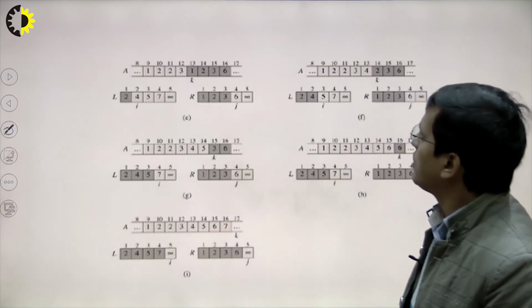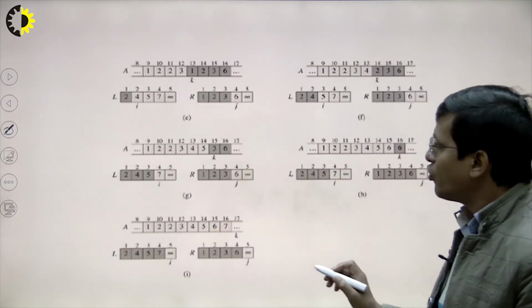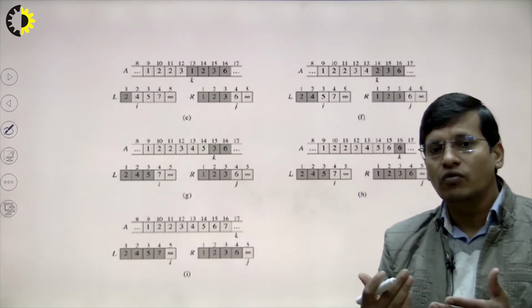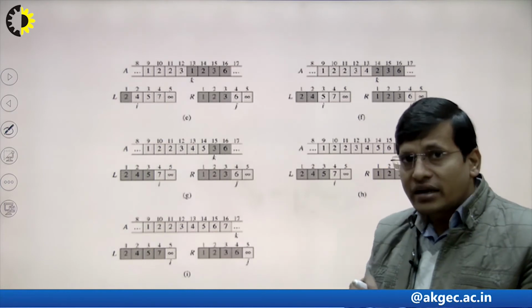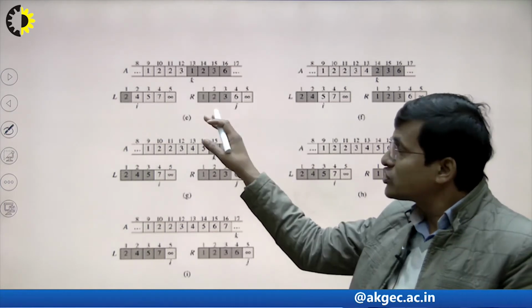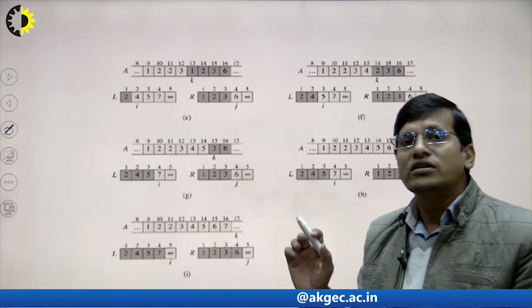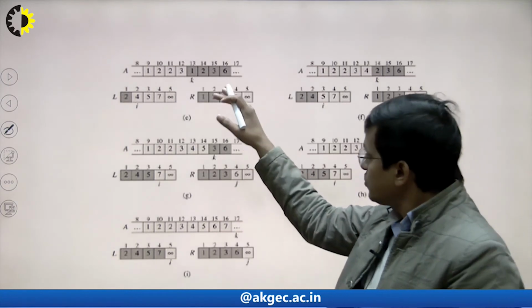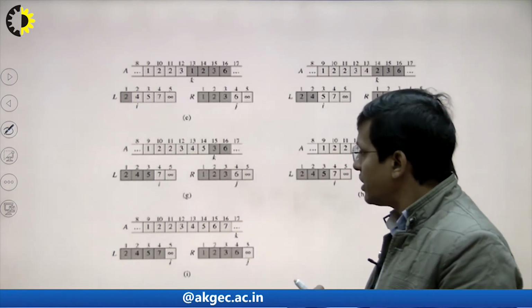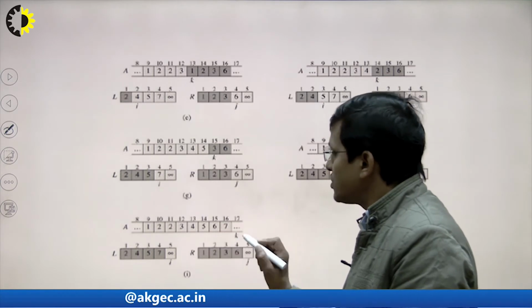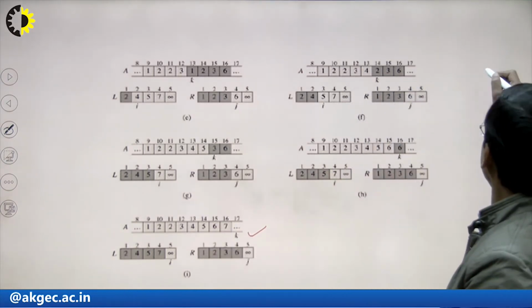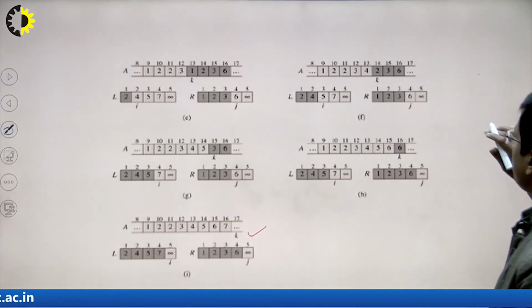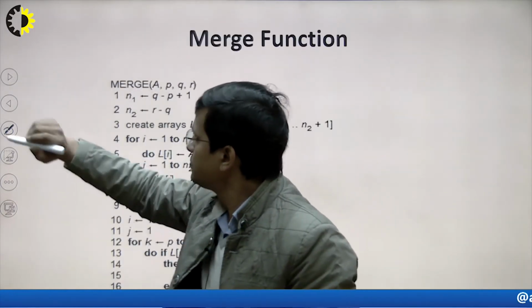We can apply these steps to find the original one. We are trying to find which element is going to be transferred. In that case the index of that array will move one step forward. So these are all the steps we did, and after completion of this merge function, we get the final sorted array. So now we'll see.